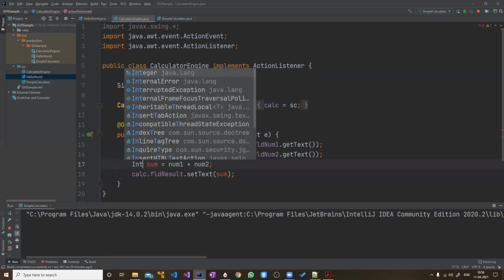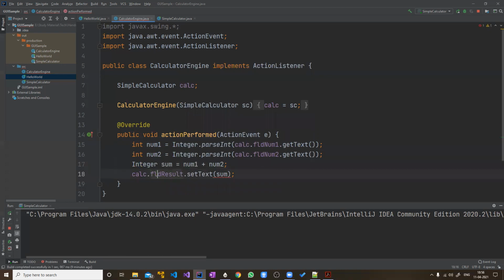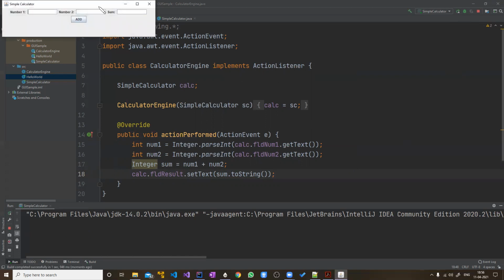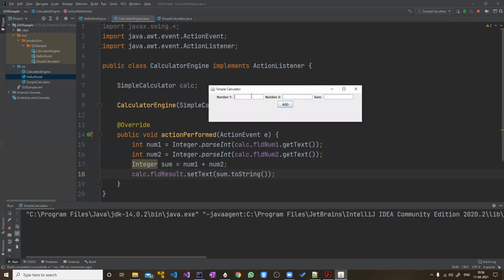So this sum we will change to Integer, so that here I can use an inbuilt function called toString. Now you see even that problem is gone. So now our program is done. At least the basic functionality is done. So let's run this simple calculator again and see whether we are getting the sum or not.